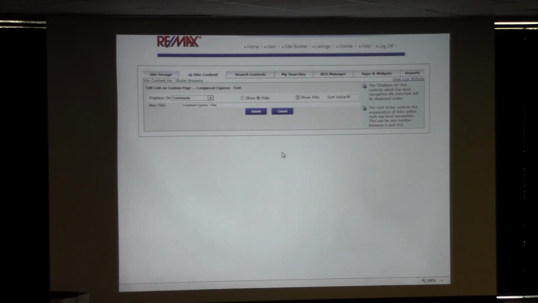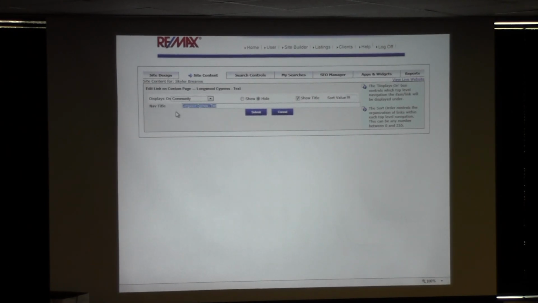Show title. Always uncheck show title. If you don't uncheck show title, what will happen then is whatever you have in this navigational title, it will post it on the page when it's viewed. And in my case, I don't want Longwood Cypress